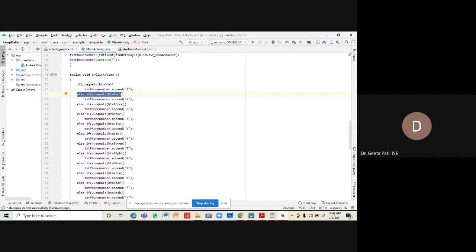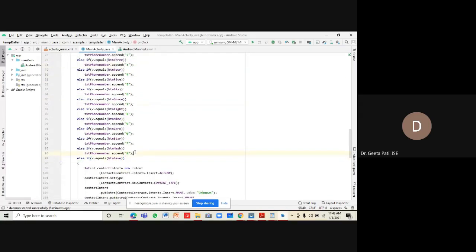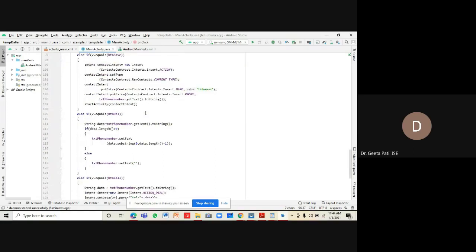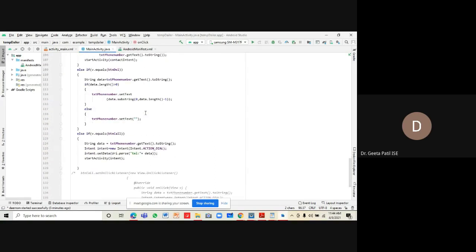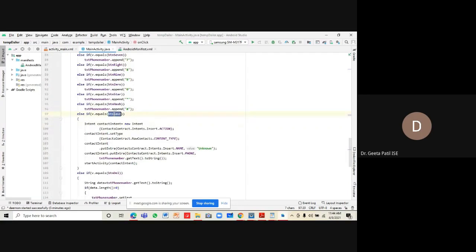If button 2 is pressed, then txtPhoneNumber.append(2). If the third button is pressed, we are appending 3 to the text field, and so on. That is done for all 10 buttons from digit 0 to digit 9, and also for the star and hash buttons. Appending is done.